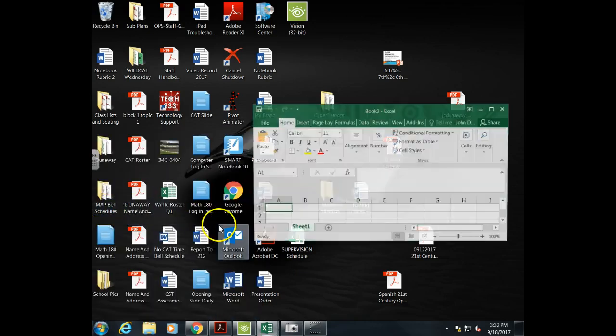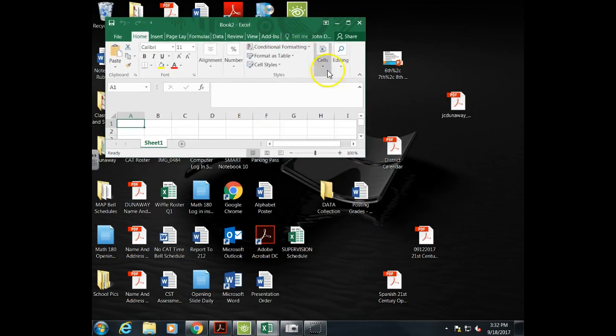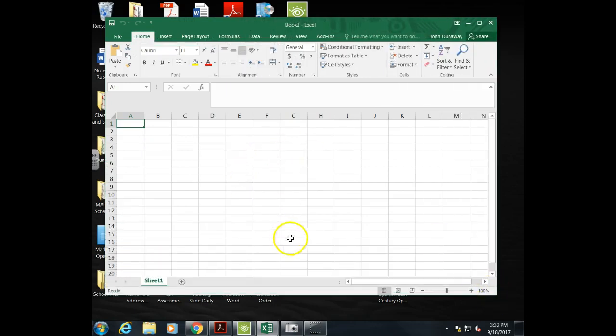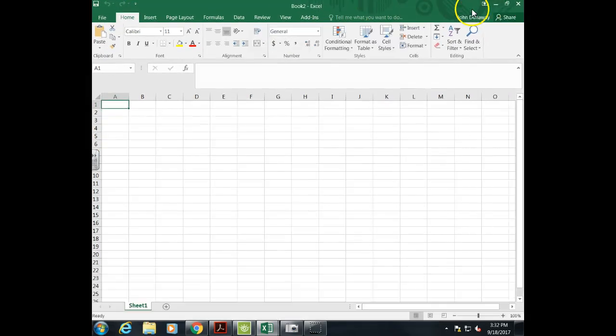So I am going to click on that and open a new book, and you'll see it. Yours probably says Book 1. I was just working in it, so that's why it says Book 2, and I have another one open, which you don't have to worry about. So I'm going to full screen this, which I would probably recommend you do so it matches mine. If it's not in full screen, look in the upper right hand corner, click on the X and click on